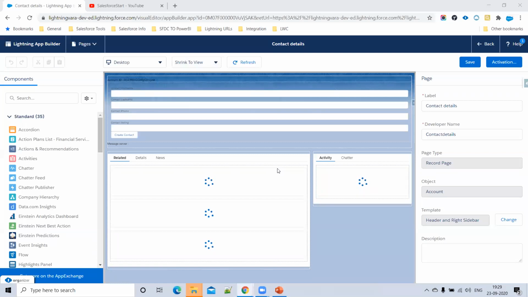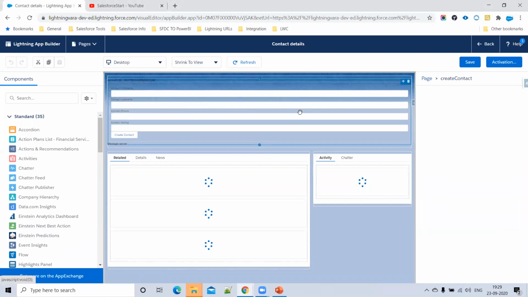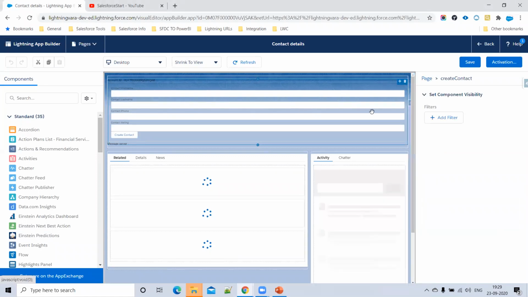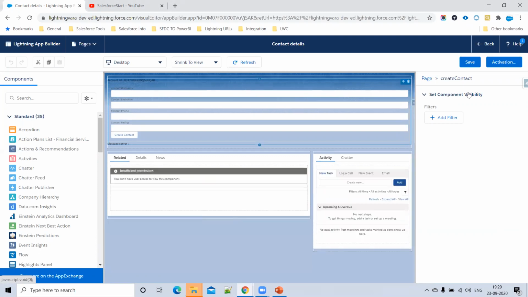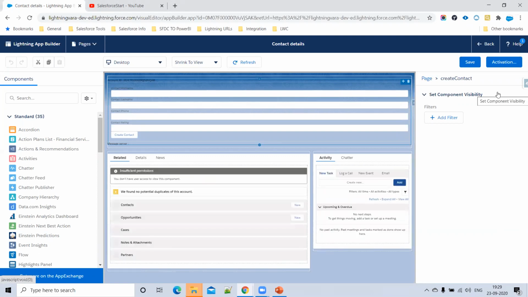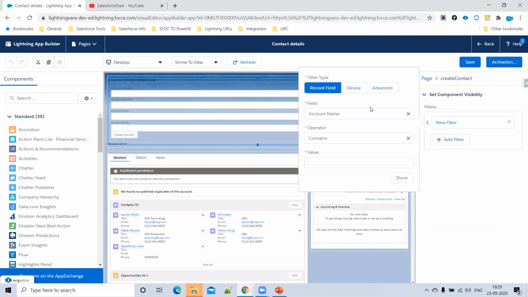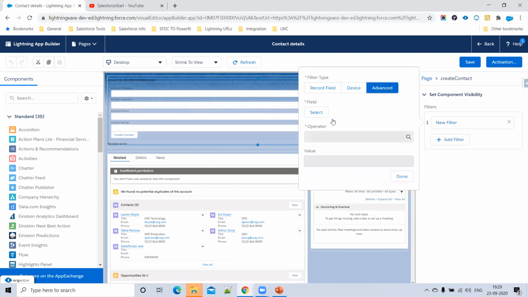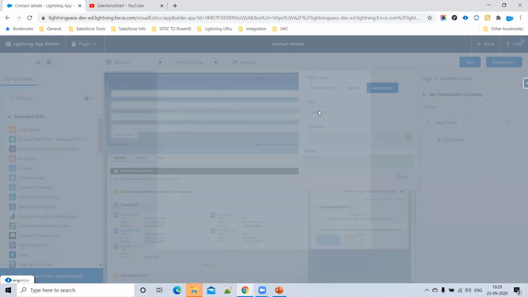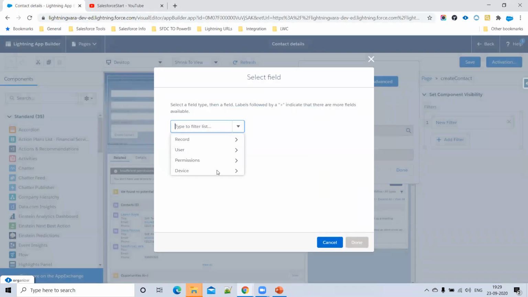Here you can see our Lightning component. I want to display this component based on some conditions. This is the option we have, Set Component Visibility. Click add filter. What filter do you want to use? You can use a record field, or the device, like desktop or phone, or advanced conditions like profiles and roles.